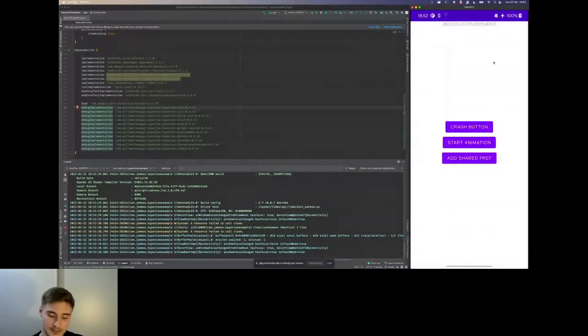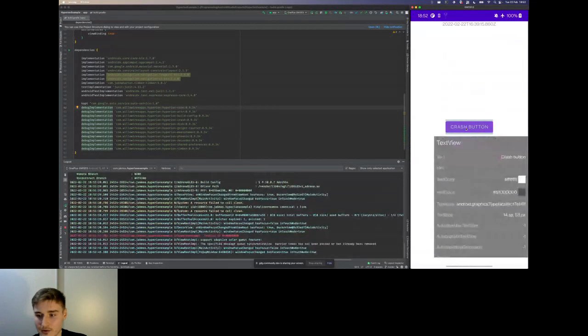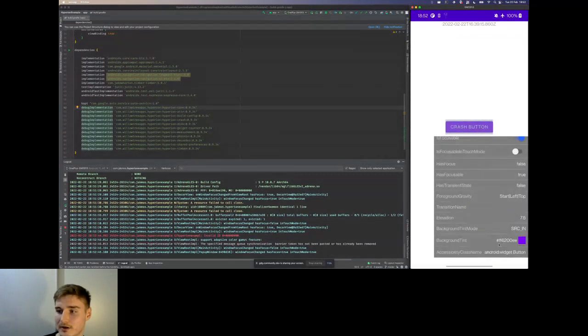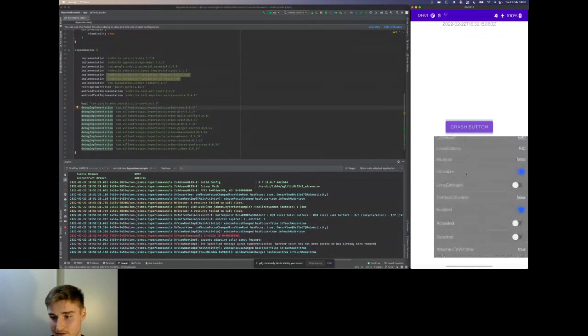This one, as the name suggests, enables us to check what properties the view has. It's especially cool to check, for example, whether the color is the same as the one in our mockups, or we can even edit some of those values.